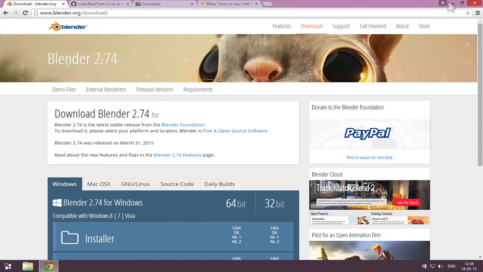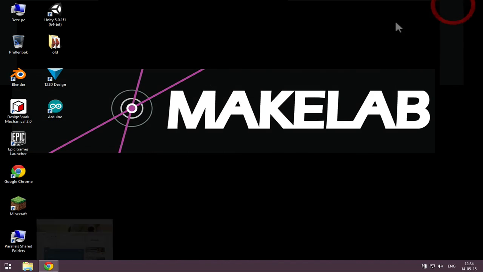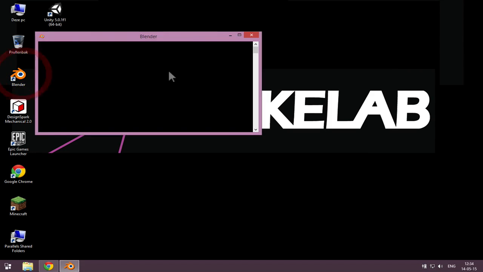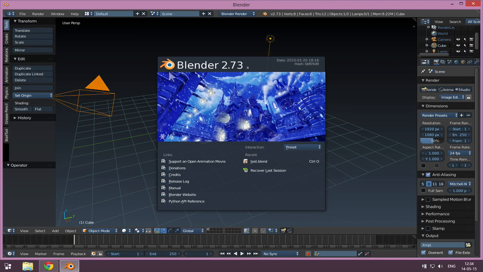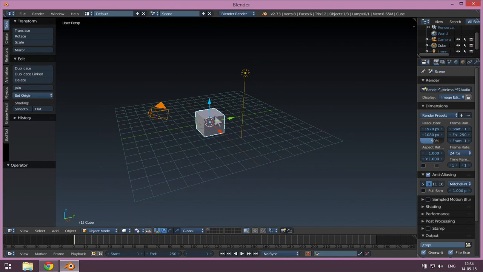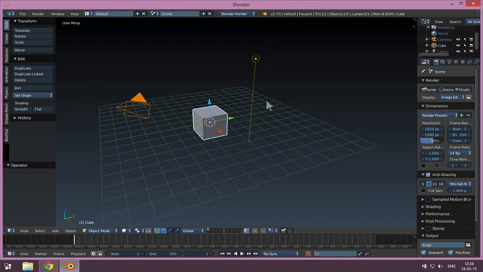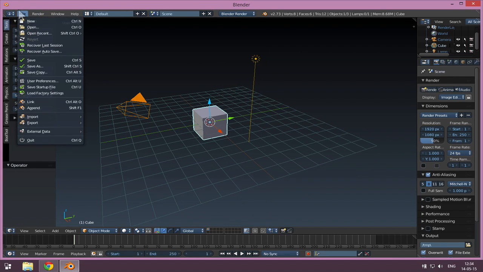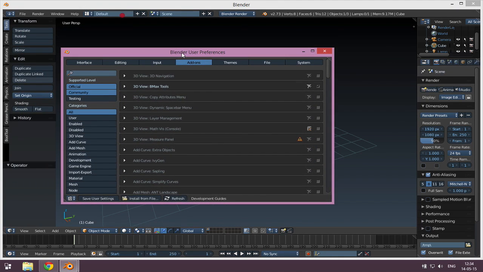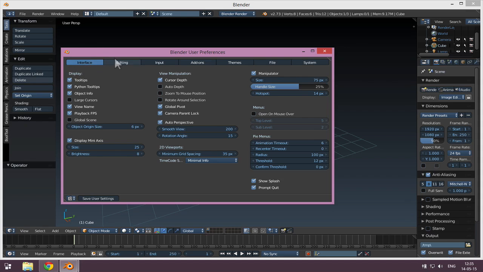All right, I already installed everything, so I'm going to start Blender. Double click Blender. Okay, when you start Blender, you won't see this like I do. You need to adjust some settings here. Go to File, User Preferences, and in these preferences, you can change the